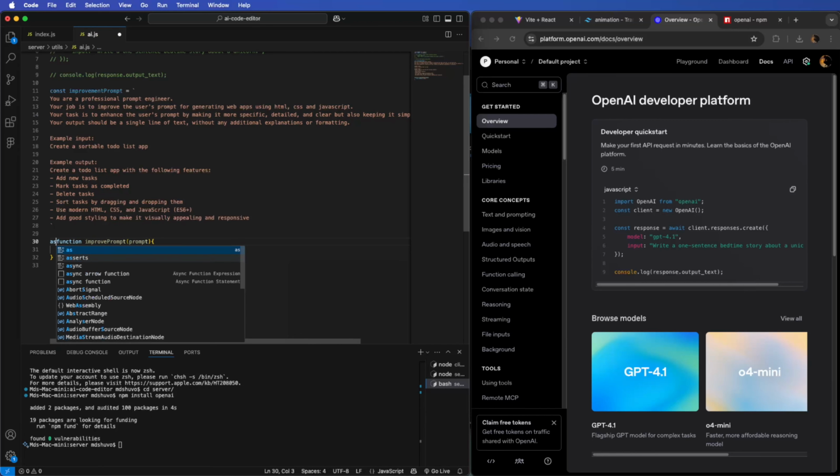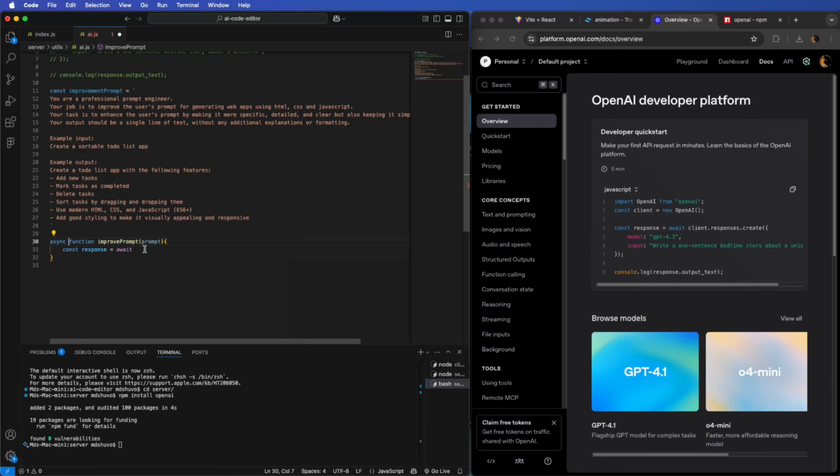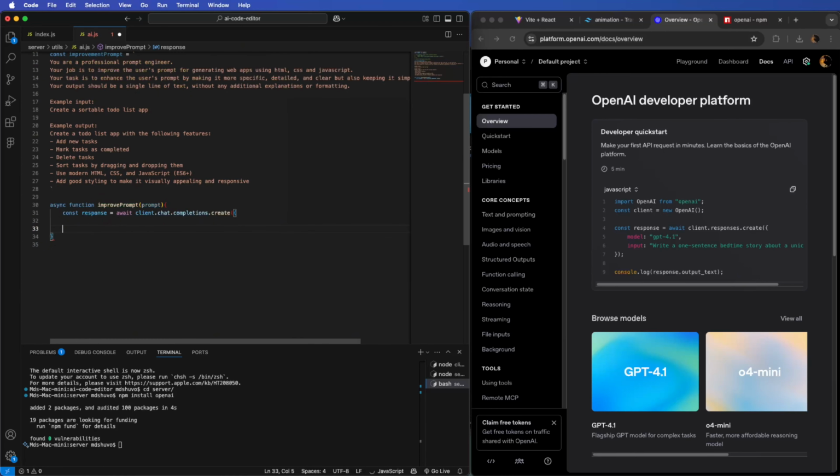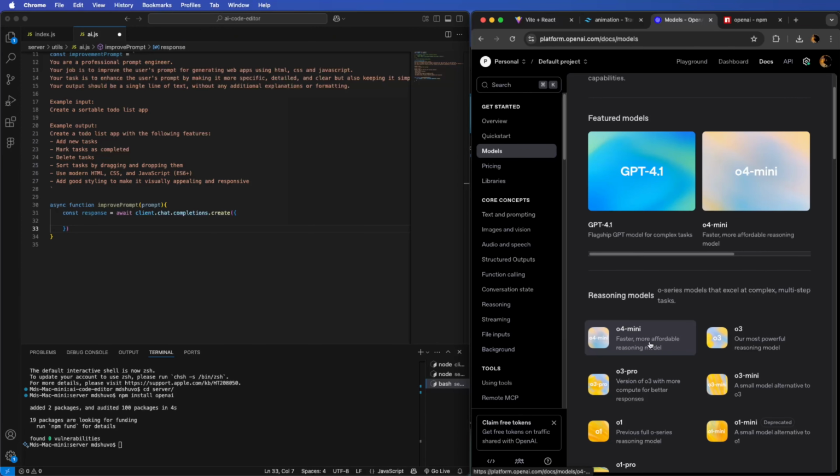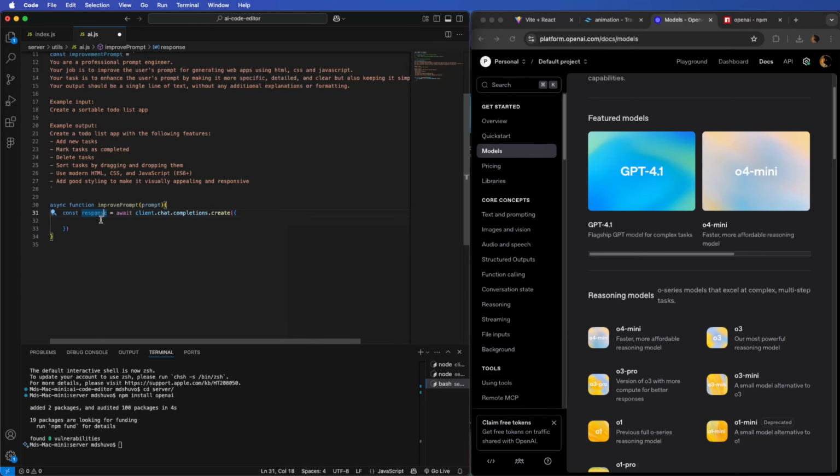This has to be an asynchronous function. So await client.chat.completions.create, and then we have to choose which model we want, because if we go here and then click on models, as you can see we get a lot of models, but I want to use the O4 mini. So we're going to say model is gonna be